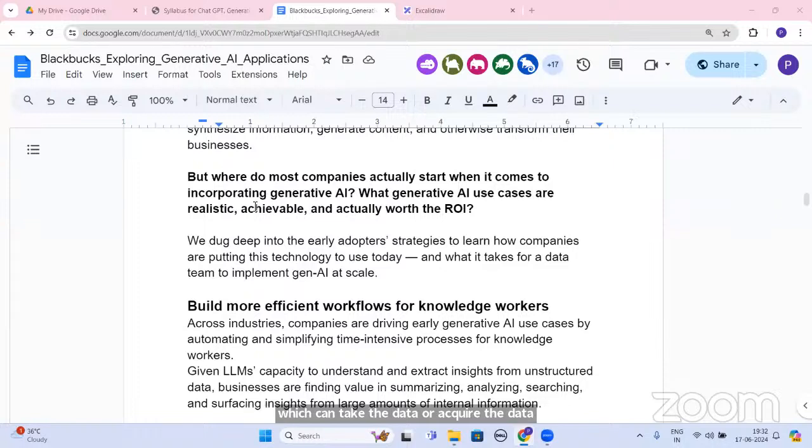Once the data has been acquired, we clean it, pre-process it, and give it to the researchers. So this is the total portion that we need to move ahead with. Right. Now we have to understand what is ROI, return on investment, right?